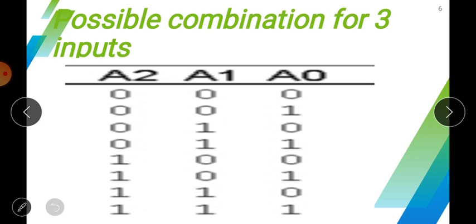So these combinations are required when you are creating any logical expression or solving any logical gates or operations. Then you will have to draw the truth table, and for drawing the truth table it is very important to know how you can draw the possible combinations of the given Boolean variables.